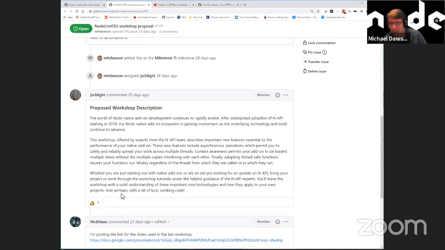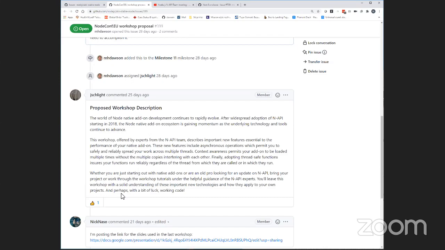Well, the workshop is on add-on development for Node.js, and we'll take you through the key things you need to know and some key examples for what you will want to do when building a native add-on. So as opposed to saying NAPI add-ons, just say you're building an add-on for Node. This workshop is going to help you understand that, right?